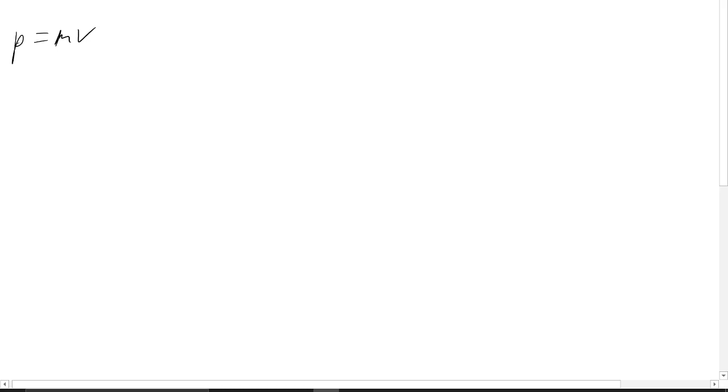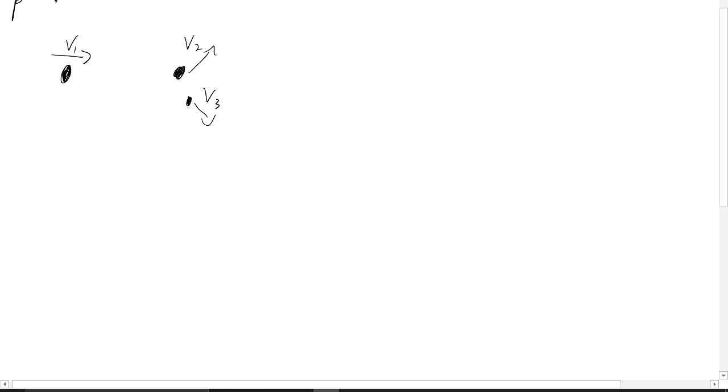And what I mean by that is if you have one ball and it is going at speed v1, let's say, and then it hits another ball and they go off in directions like this, and let's say this is v2 and v3,